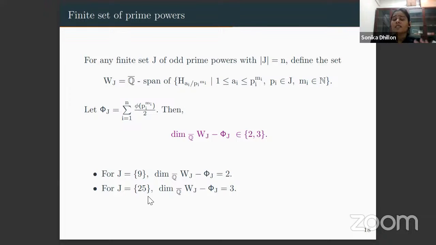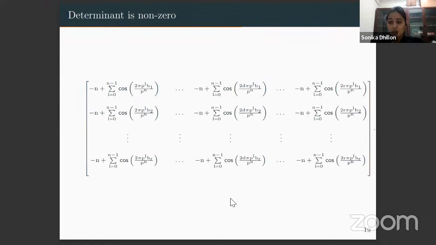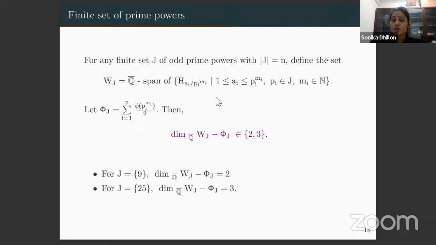Previously I said these form a basis for the maximal real cyclotomic field. So why are they important? To solve this, I have proved the dimension of this particular vector space. So we have found a set which forms a basis. First we have to show that the set is linearly independent. Likewise, we prove linear independence of vectors.